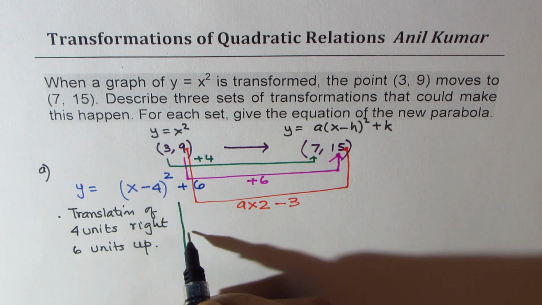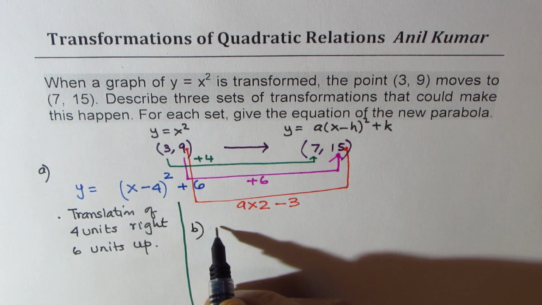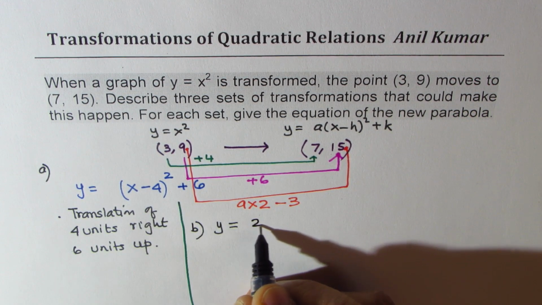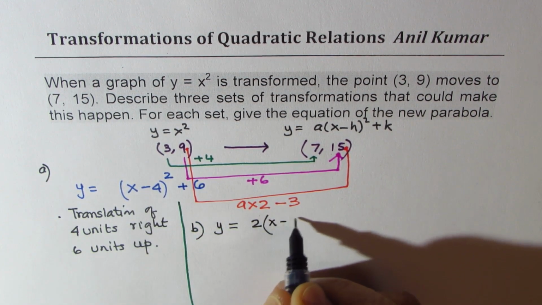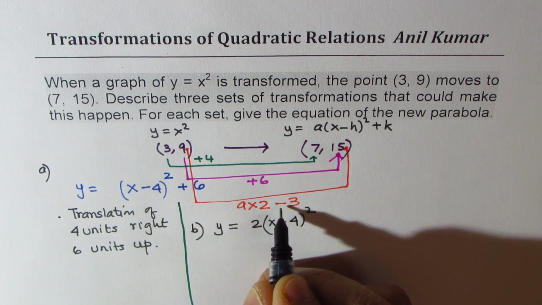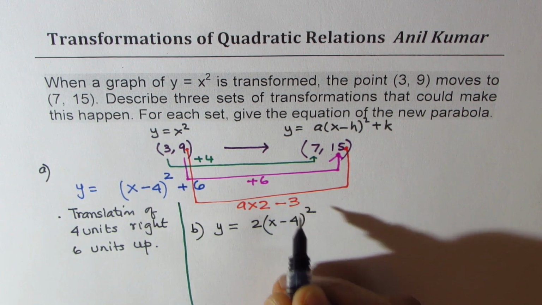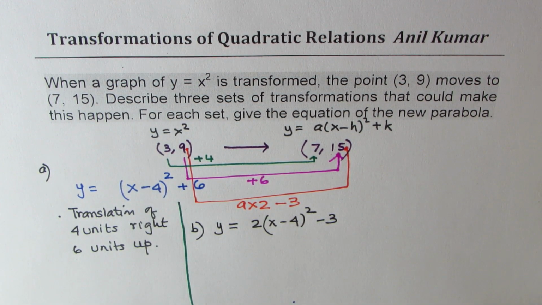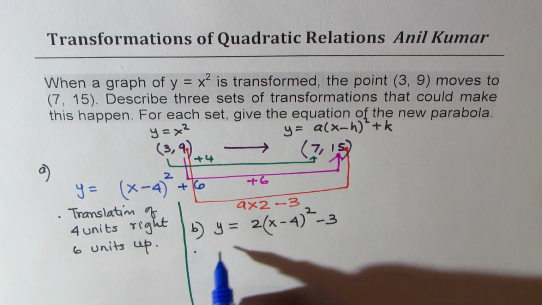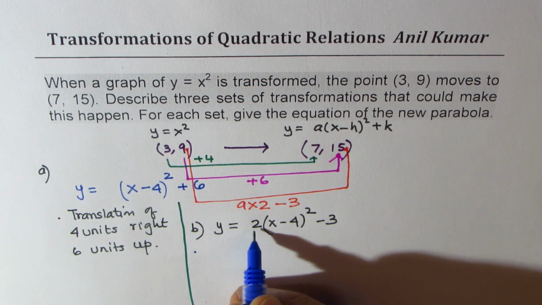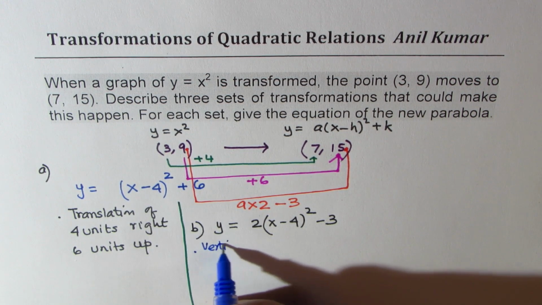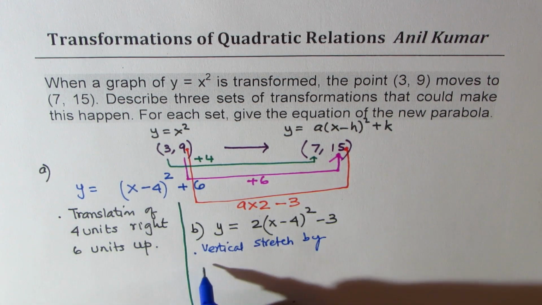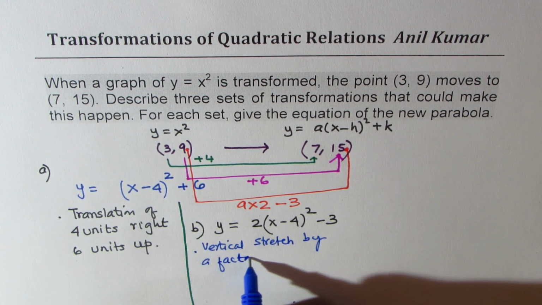So if you choose that, in that case, our option could be y equals 2 times (x minus 4) whole squared, since we are multiplying the y value by 2, that means twice. This is the same (x minus 4) whole squared, and we are shifting the curve 3 units down, minus 3. So that could be the second way of doing it, right? Does it make sense to you? So in this case, what are we doing? We'll do a vertical stretch by a factor of 2,